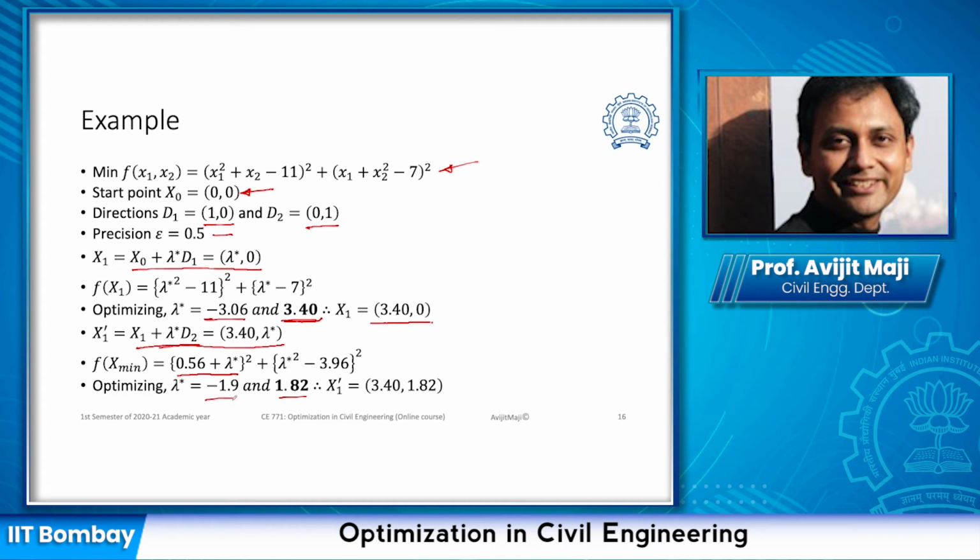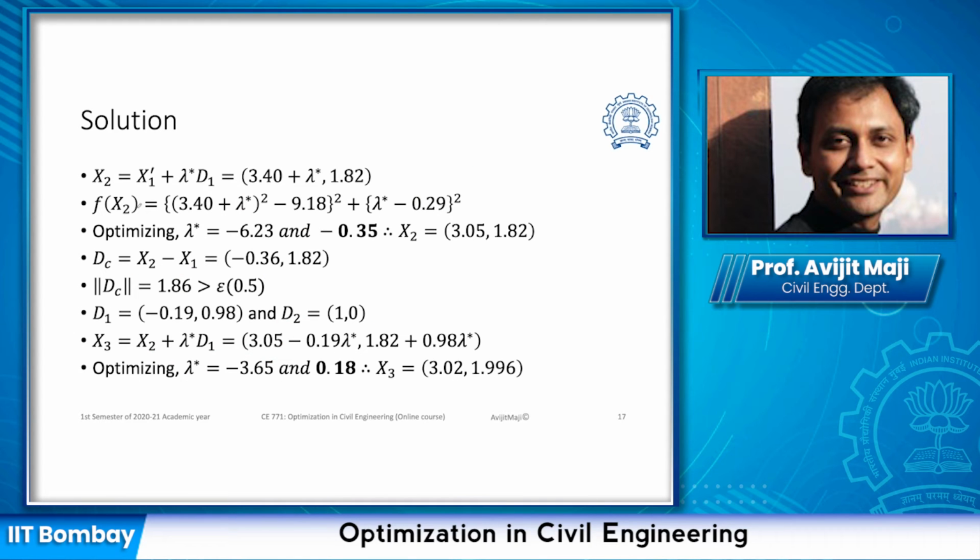I'll explain the negative 1.9 later, but at this point we are using the positive 1.82, and this is going to lead us to the new point (3.40, 1.82). With this point, now we need to go to the parallel subspace of the first direction. So the parallel subspace of the first direction, which means D1, our location is going to be like this,